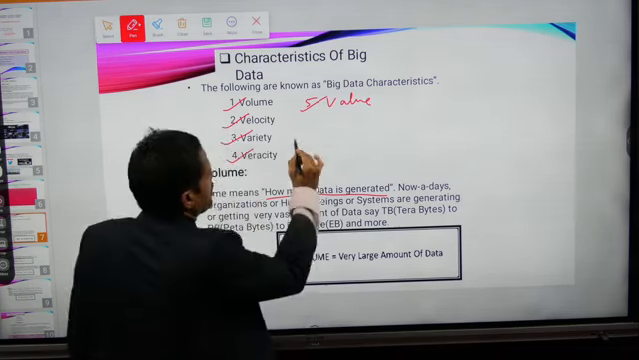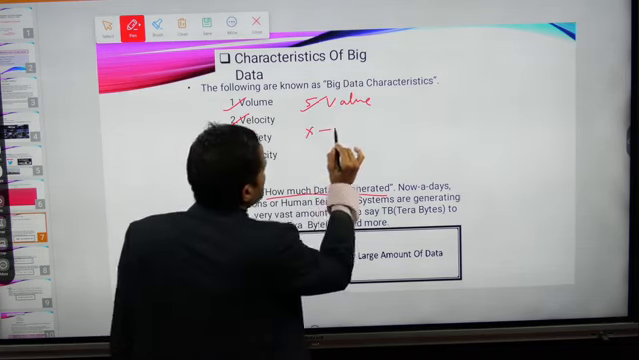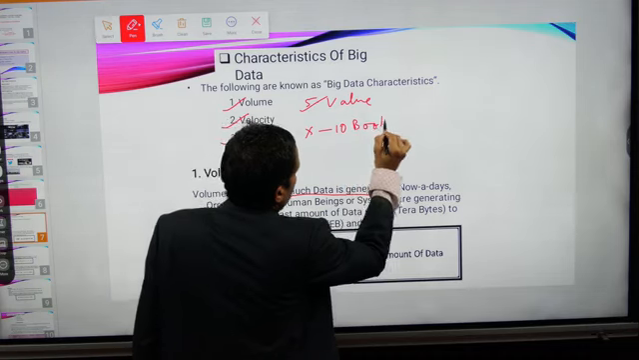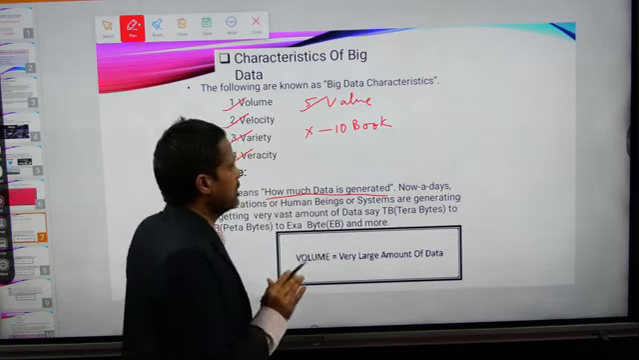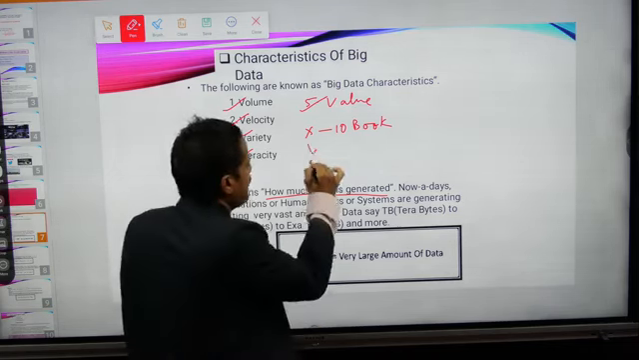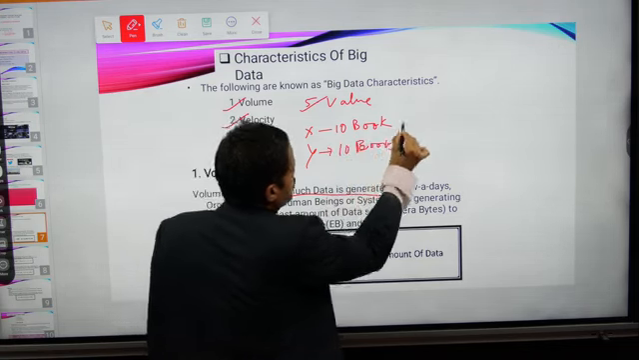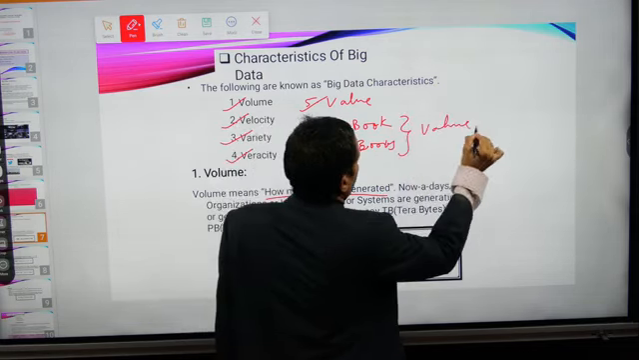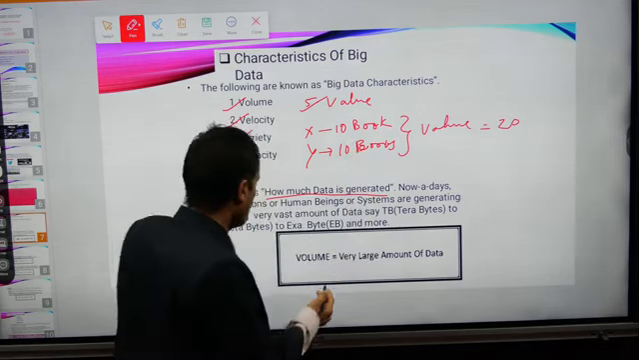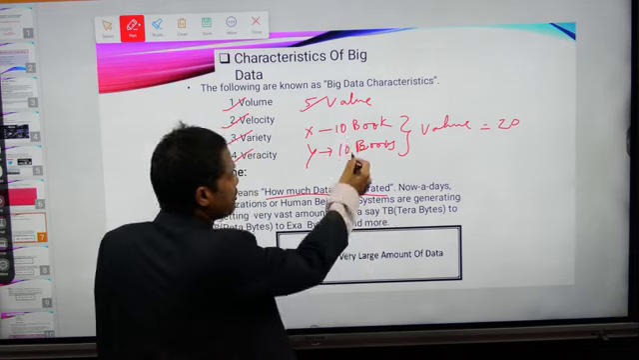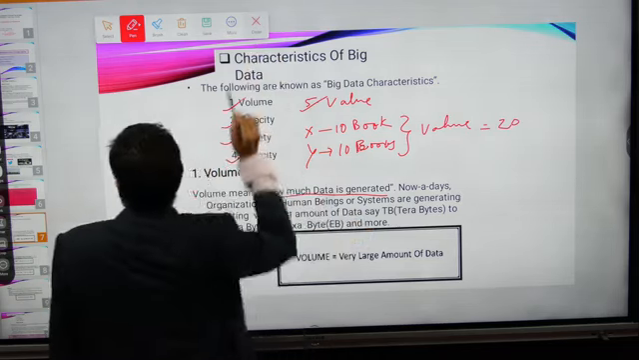For example, if an X company has 10 books for sale, and no one is purchasing the 10 books, and a Y person is going to purchase the 10 books, then the volume is 20. So buying and selling combined make up its volume. So volume is a very large amount of data, because 10 plus 10 is a large amount of data. It is not a single data item that is stored. Okay. So another concept is